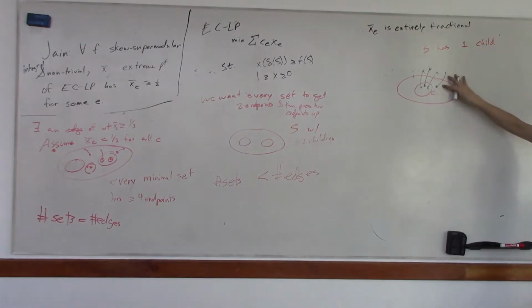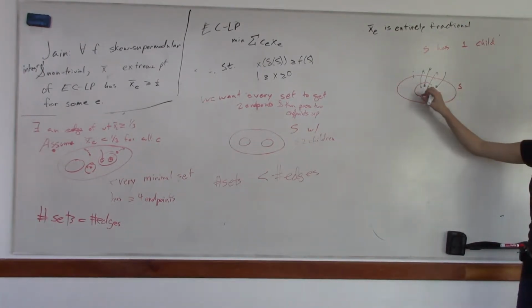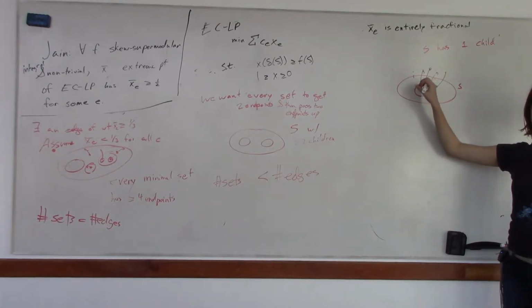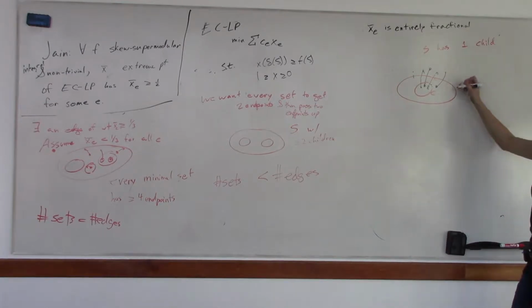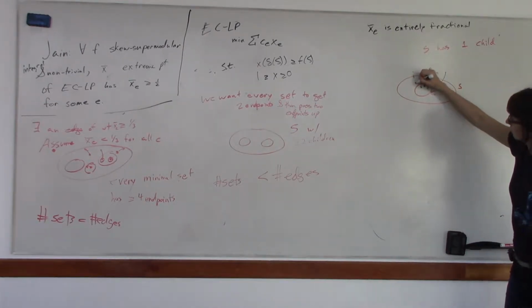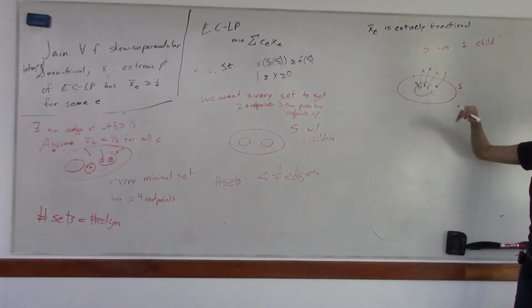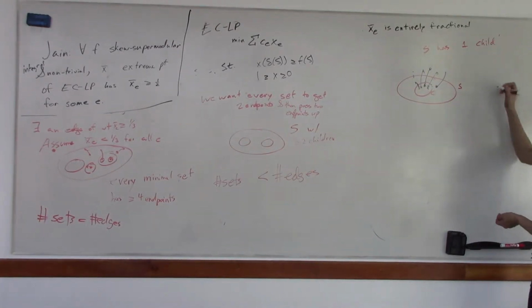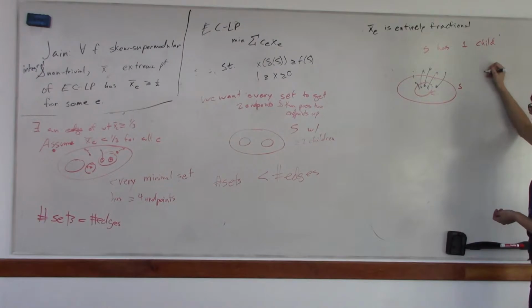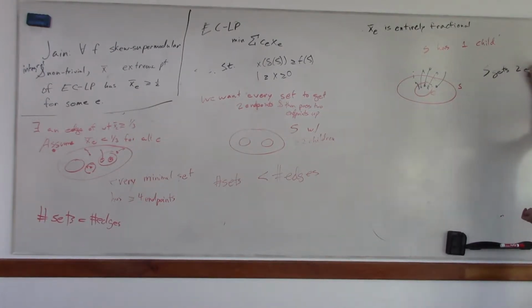So the thing is we still have to fix this up. The sum of all these is integer, and the sum of all these is integer. So there actually has to be someone else either coming into here or going out up there in order to make this okay. So in this case, S gets 2 endpoints